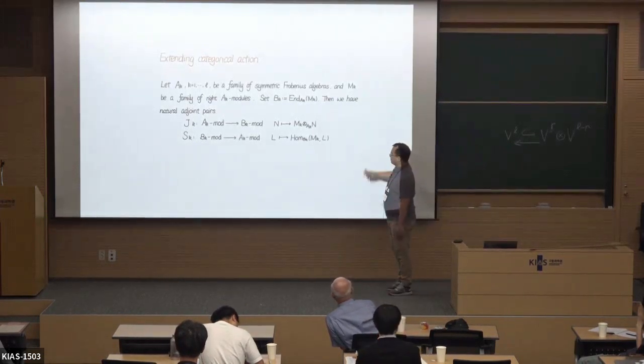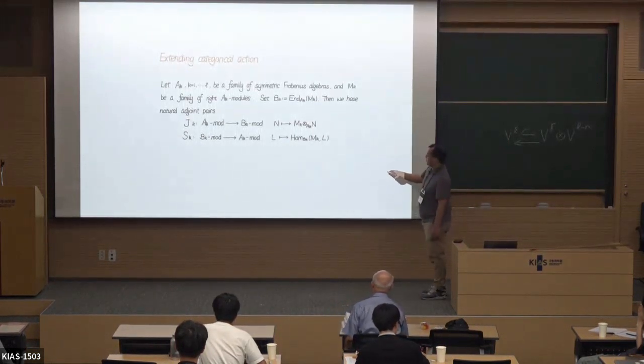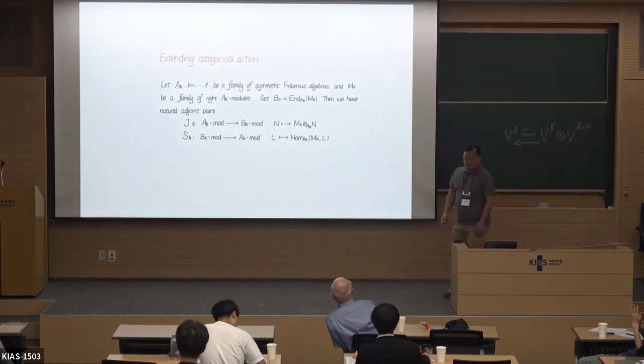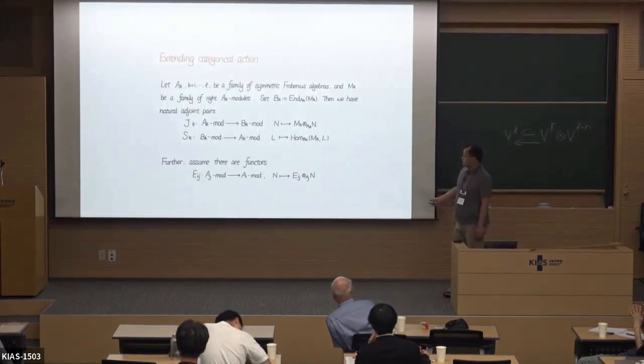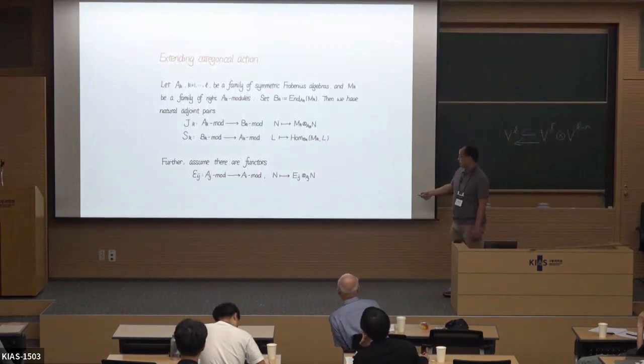There's essentially one way or two ways to define these functors. You can take the tensor product to give you a functor from the A module side to the B module side, and its corresponding adjoint from the B module side to the A module side. This is the Hom. So they're naturally related by these two functors. We have already constructed actions on the A module side, so there are functors relating A module to A module, given again by tensor product with some bimodule, an A_J A_I bimodule E_IJ, which I call